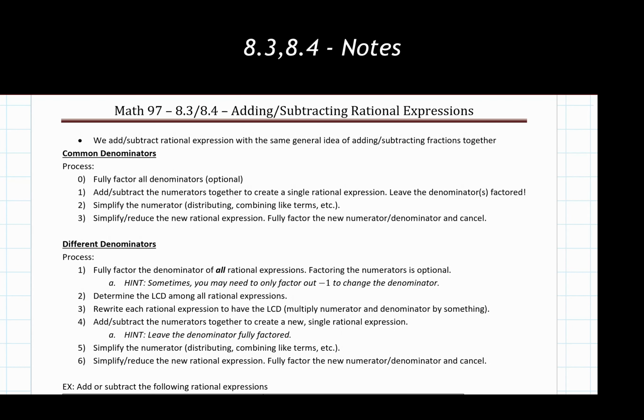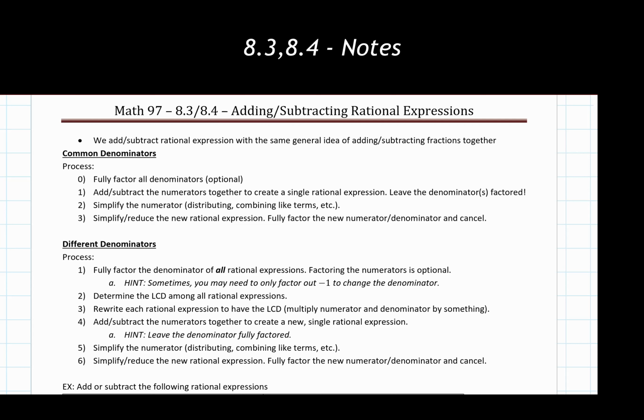In this video, we're going to be discussing how we add and subtract rational expressions together. The first section, 8.3, specifically deals with the adding of rational expressions, and 8.4 deals with subtracting of rational expressions. I'm trying to combine those into one single lecture, as I feel it's a bit more useful to see all of this together because nothing really changes between addition and subtraction in our general processes.